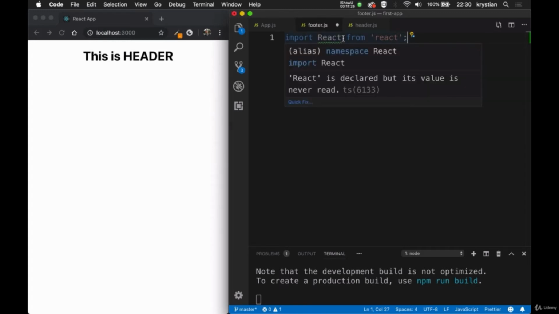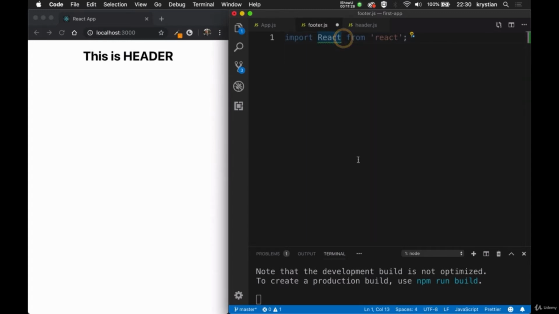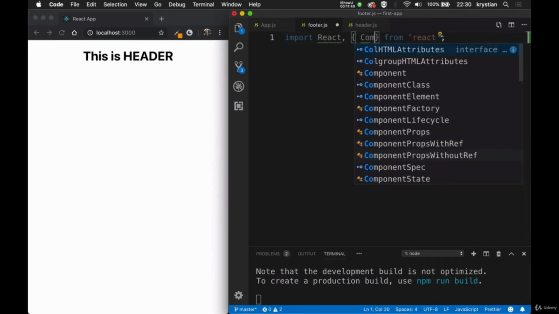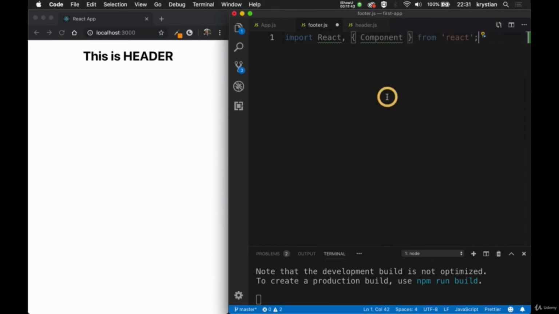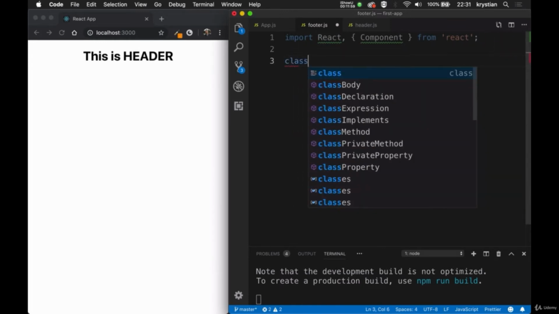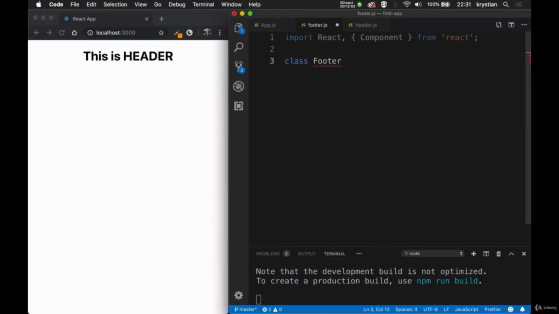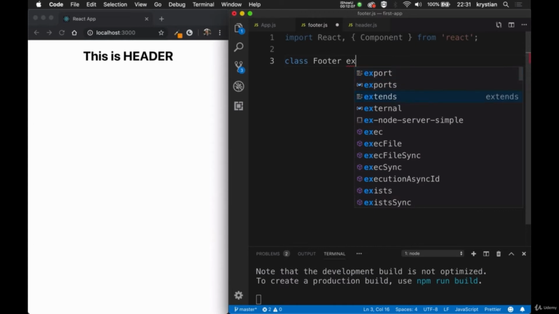Also, what we need to do is import our component. So I will do comma, and then we will import Component as well. So that's a keyword from React. So we are importing React, which is a default export, and we also import Component. So what I can do here is create a new class. So we'll do class and call it Footer. So that's in class syntax, and then we can do extends Component